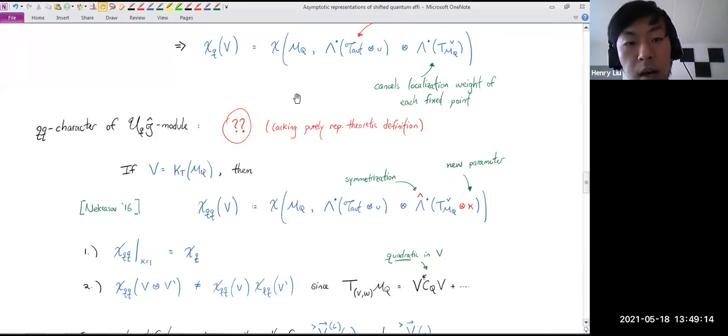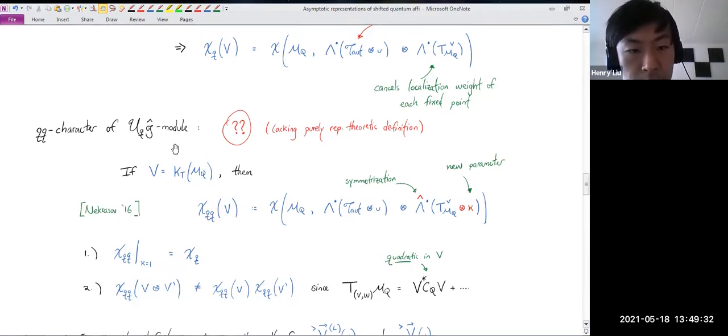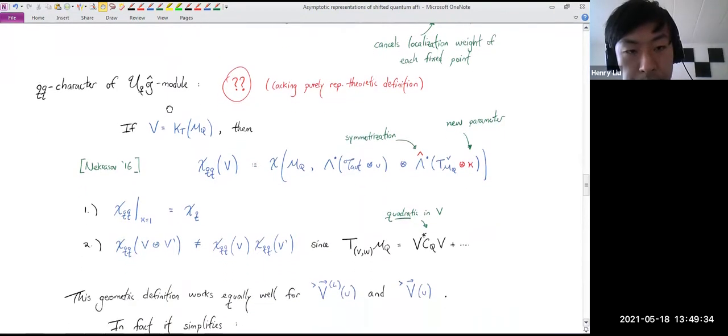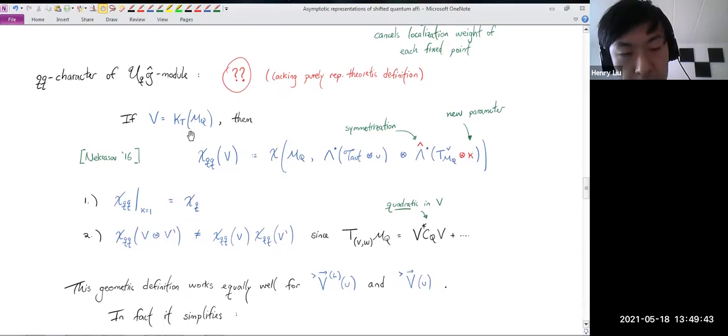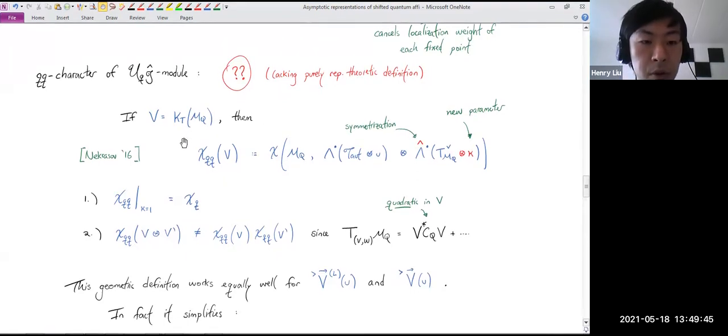But for the modules which we're interested in, they come from geometry. And so we can give a similar geometric incarnation of what the QQ character ought to be. And we'll take that as the definition for these particular modules. So the original definition for the equivariant K-theory of Nakajima quiver varieties, that was due to Nekrasov,